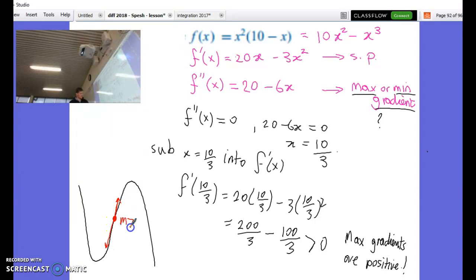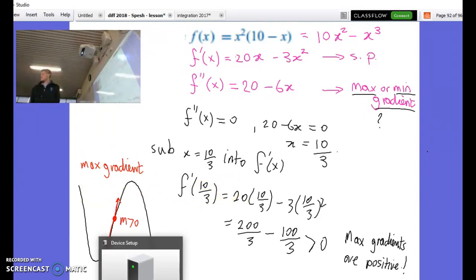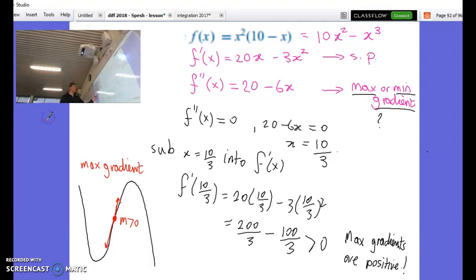Okay. So you can see it's the most positive steepest gradient. So it's the maximum gradient number. Okay. If it's greater than 0, then it has to be the minimum point of inflection, right? Look, if this one,